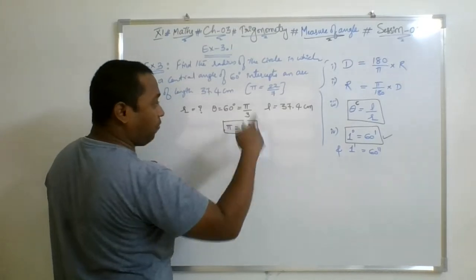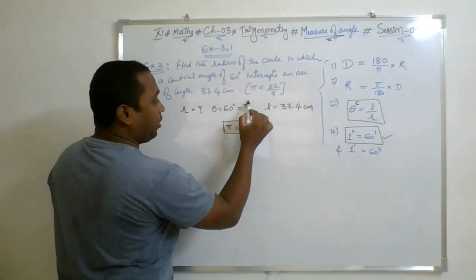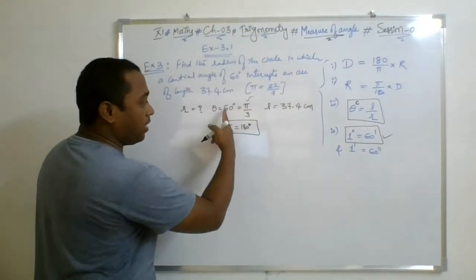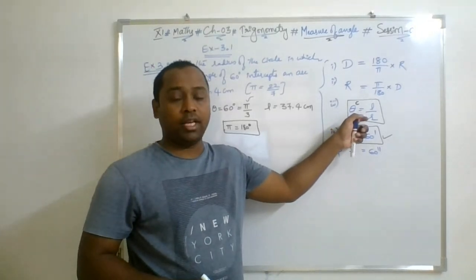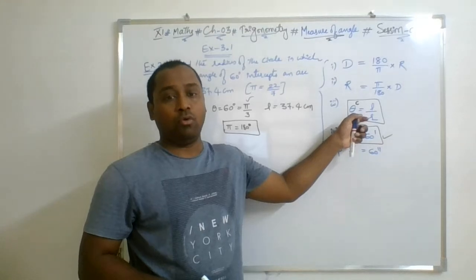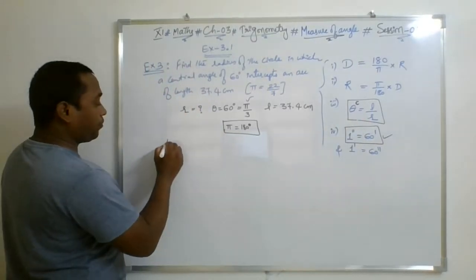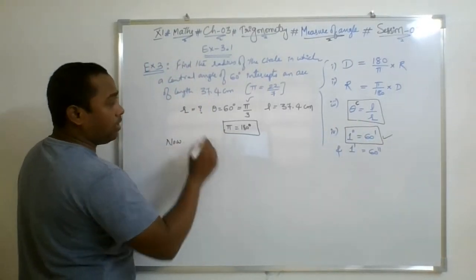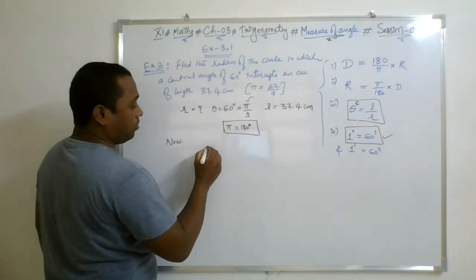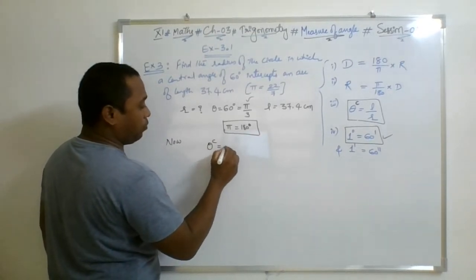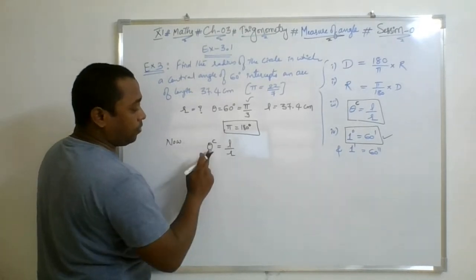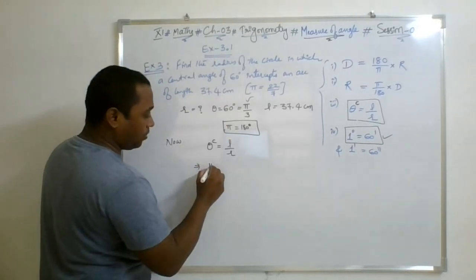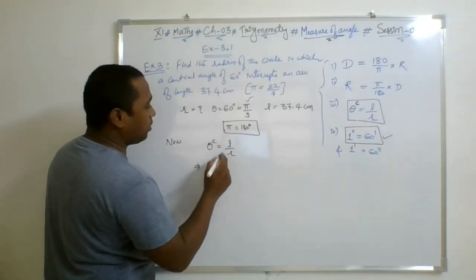In the formula, we are going to use theta as pi by 3 instead of 60 degree, because theta in this formula is the radian measure only. So now I am using the formula. Theta radian is equal to L by R. So theta I have got in radian terms, that is pi by 3, equal to